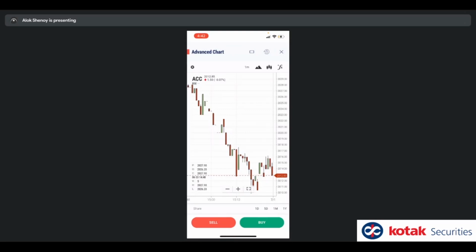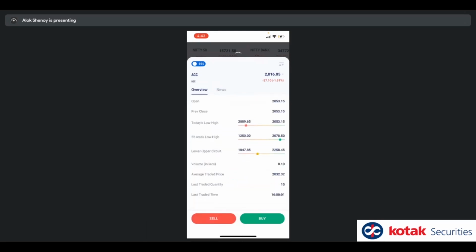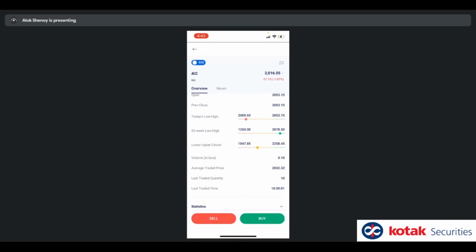Yeah Sushmita, I'm reading your questions। If you want 1, 3, 6 and 12 month, you can check 6 months, you can check 12 months, but you cannot check 3 months I believe right now। You have 1D, 5D, 1M, 6M, YTD। YTD is year till date, 1 year is 12 months that you're asking for, 6 months is 6 months, so you have that up here, and 1M is 1 month, okay। Yeah, so these are the indicators which you can look at, okay।